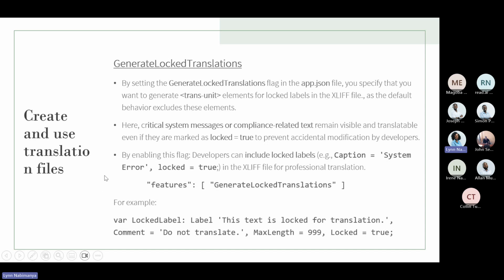Secondly, you also have another property called generate locked translations. What this will do, when you put that in your update.json, you specify that you want to generate something called a trans-unit element for locked labels in the XLIFF files, as the default behavior excludes these elements. The question to me might be, what is this locking? Or maybe it is something we've already seen from the different presenters. If I missed that,